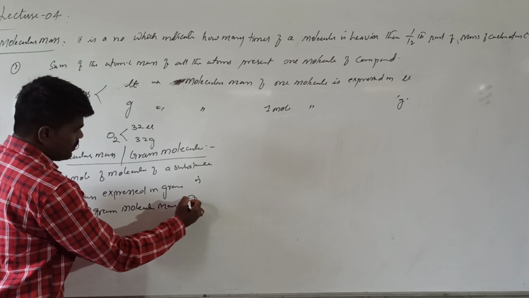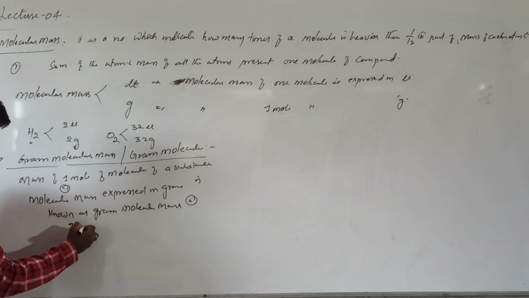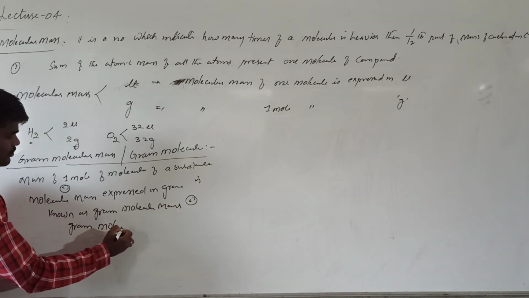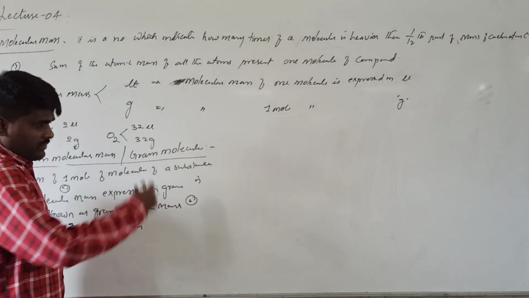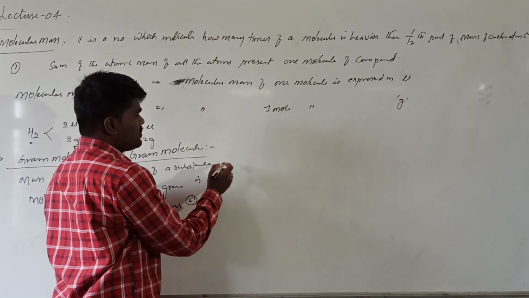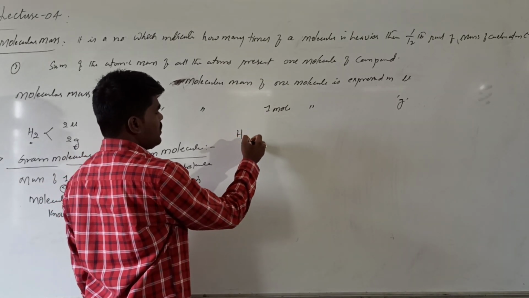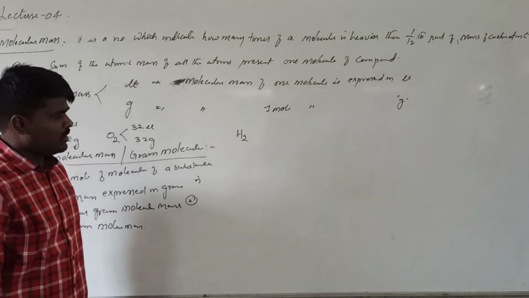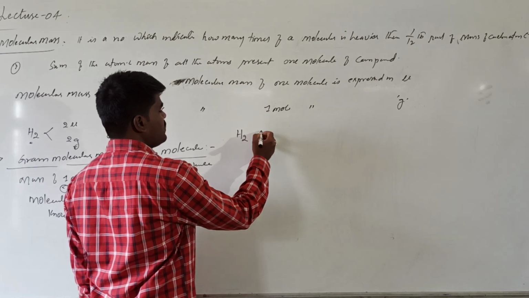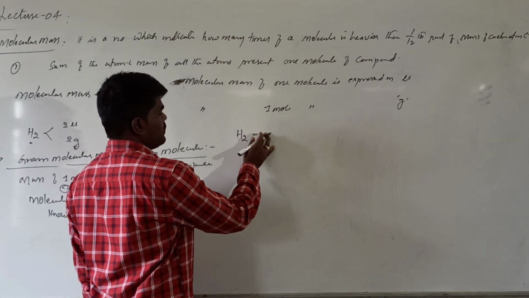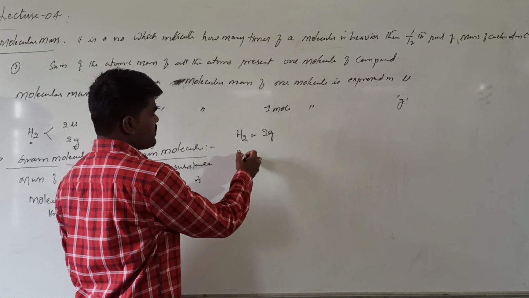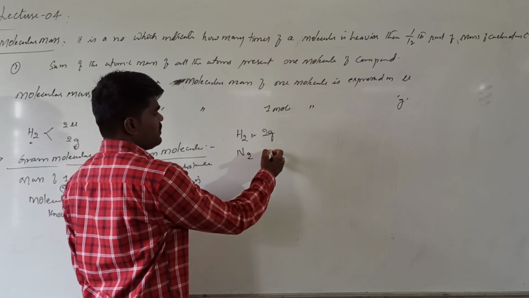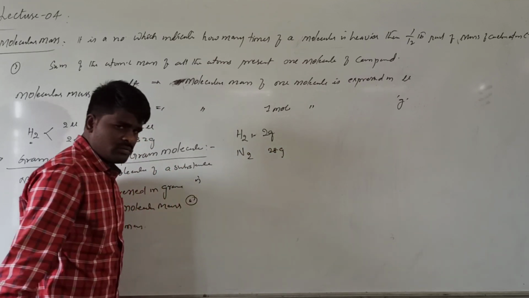We also call it gram molar mass. For example, if you want to see the molecular masses of different molecules, what is the molar mass of hydrogen? 2 grams. What is the molar mass of nitrogen? 28 grams. We know that